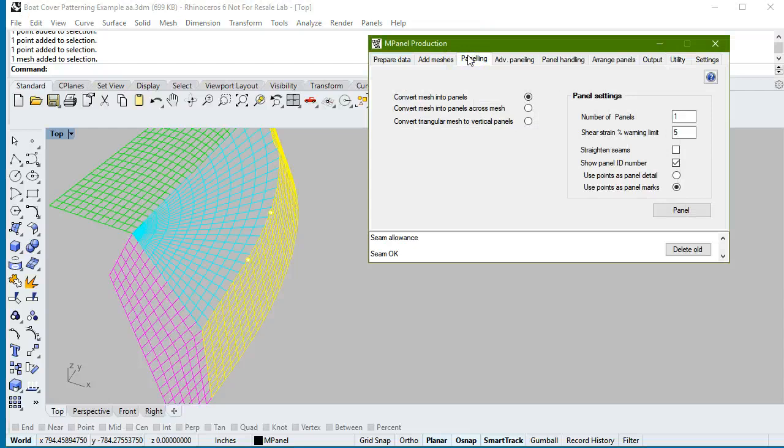points as panel detail. Panel detail are things which are going to be drawn on the inside of the panel to represent positions of zippers, cutouts for windows, all kinds of things like that. Or we can use the points as panel marks. There is actually a more advanced way of using some of the marks for one thing and some for another, but let's try and keep it fairly simple. We'll specify that these points are going to be used as panel marks. We'll go ahead and panel that,